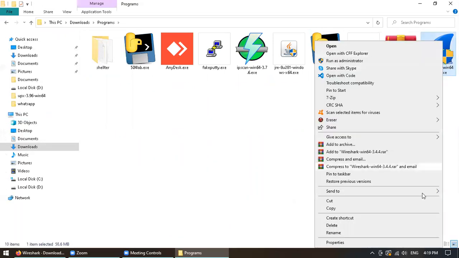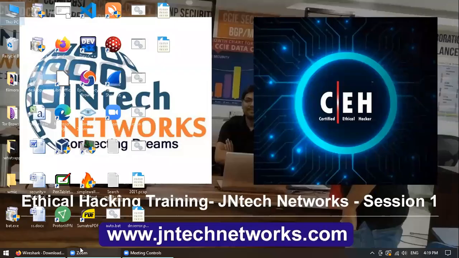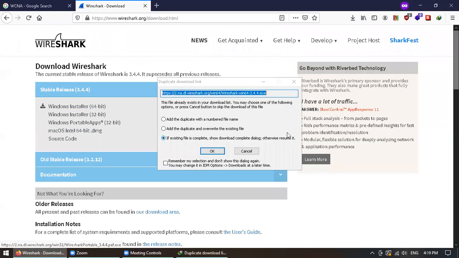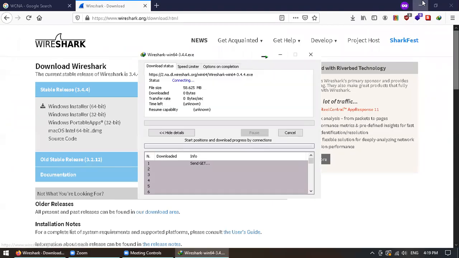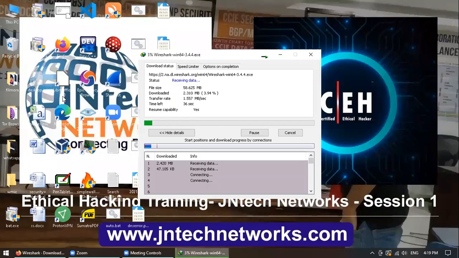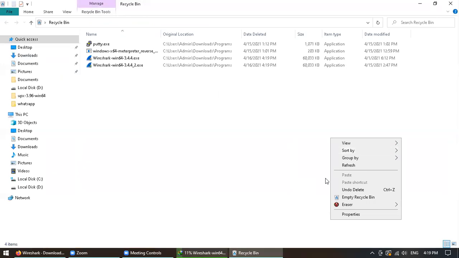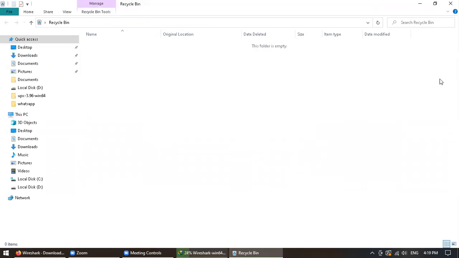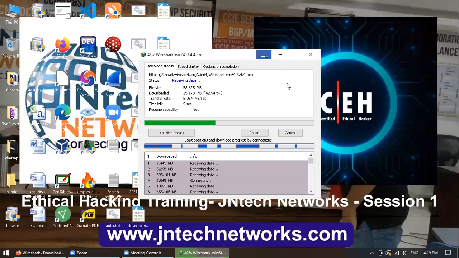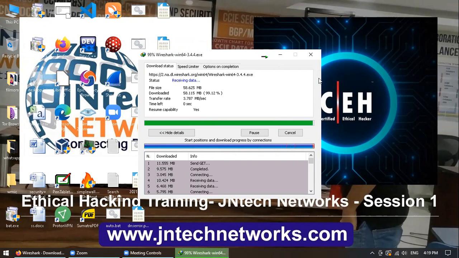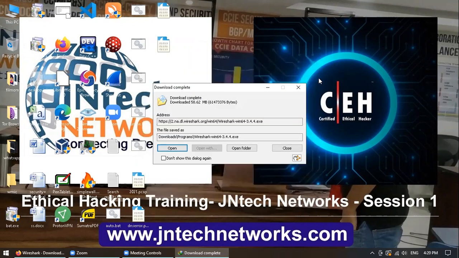Wireshark is already inside my computer. I've already installed it, but I'm going to do it again so that you can see how it is and what other options you should choose before installing. As you can see, the download has started.